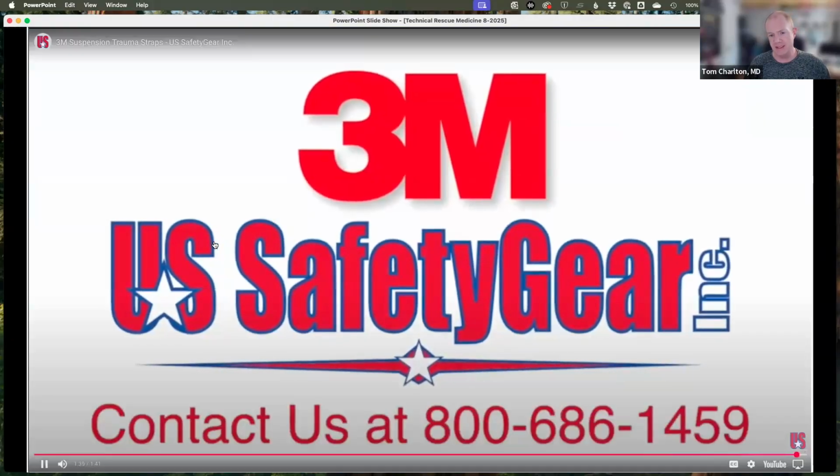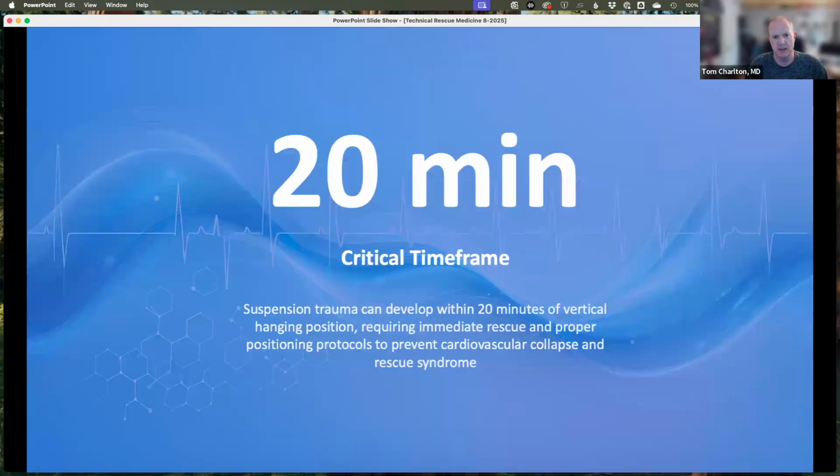It's a really simple piece of equipment, but it can really drastically change the urgency with which we're trying to get these suspended patients down. Even if somebody does not have proper suspension straps outfitted as part of their harness, this is simple enough that you could probably rig something up to attach to the harness so that you can begin to get that pressure off of that patient while you're trying to figure out how to get them down and extricated